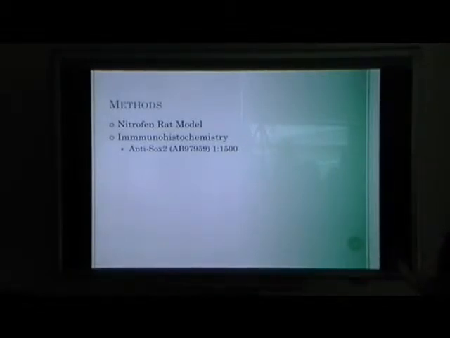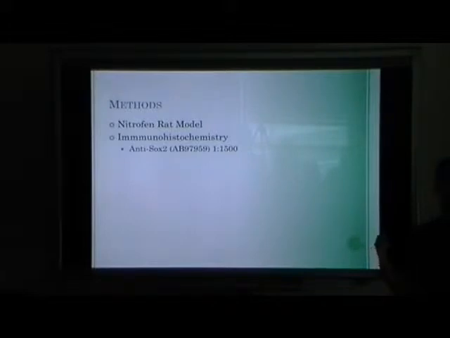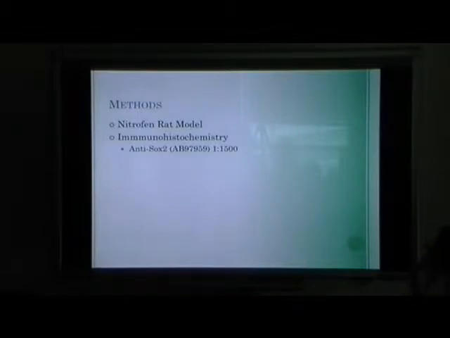I've mentioned it a few times now, but I haven't explained it. Nitrofen is a herbicide, but when you administer it to pregnant rats on a very specific day, at day 9 of gestation, it causes a CDH model, whereby 100% of the pups have hypoplastic lungs, and 60 to 90% develop hernias as well. So using this model and immunohistochemistry, because we're looking for localization,